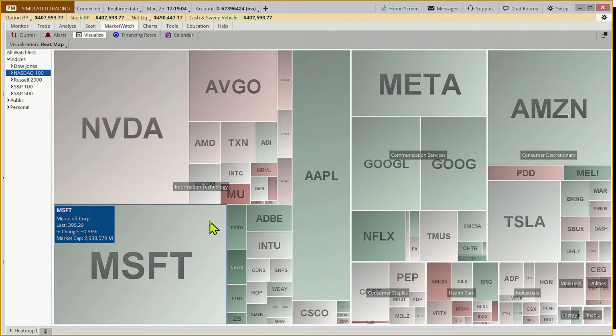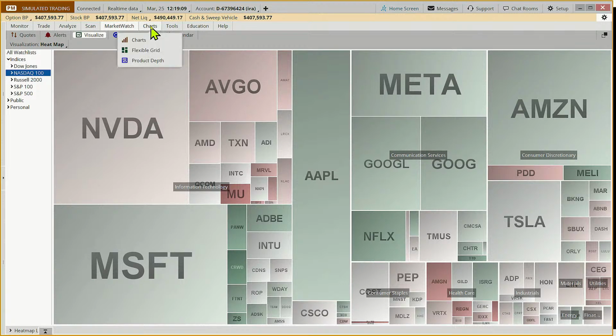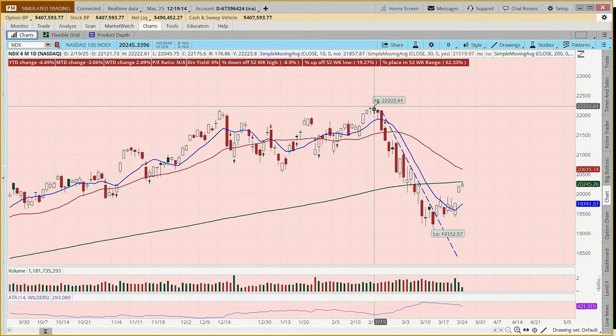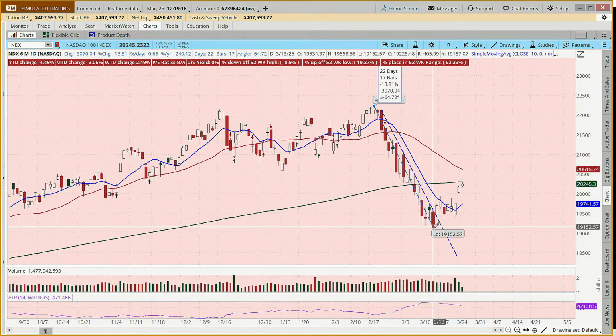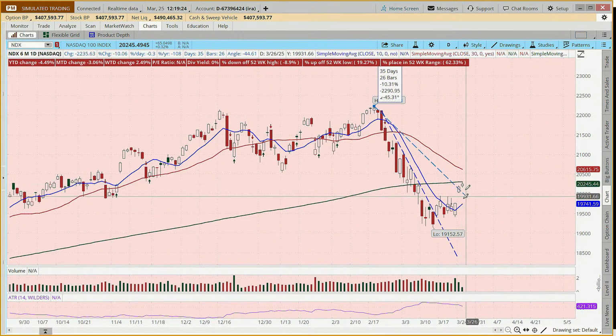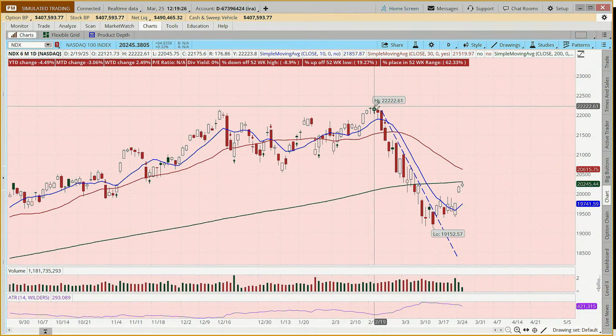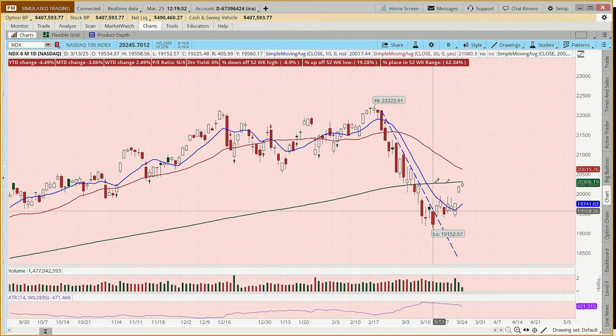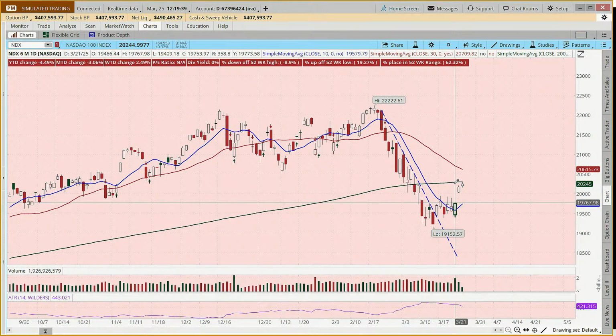Yeah, Fred is asking what's considered correction territory, and that would be a 10% move down off the high. And if you want a quick way to measure that, if we just click on this recent high and then draw our cursor down, at one time we were down almost 14%. We're still down almost 9% off that all-time high that was hit on February 19th. And we're still below the 30-day and the 200-day moving average, which is a pretty significant average for many traders.